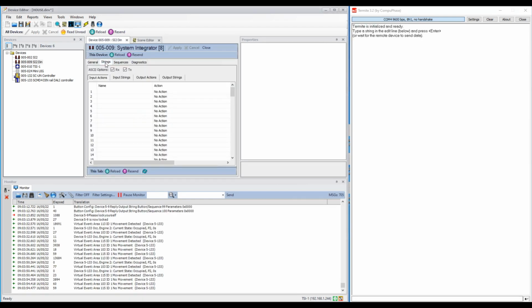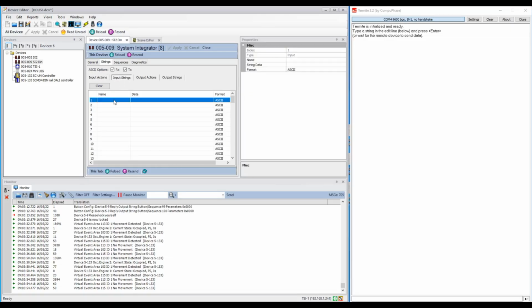To the Strings tab, here we have input action and input string, as well as output action and output string. So what that means is when input string and we type